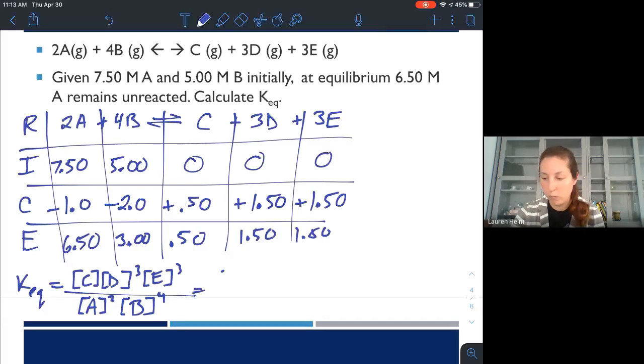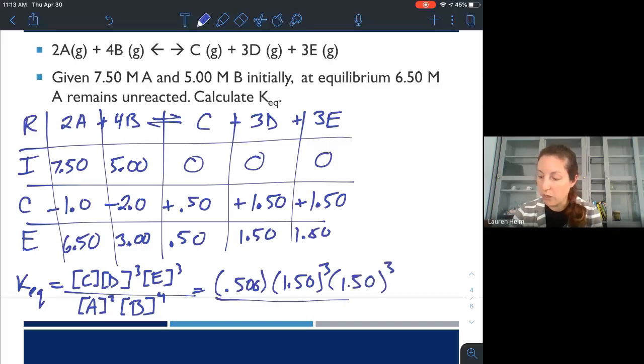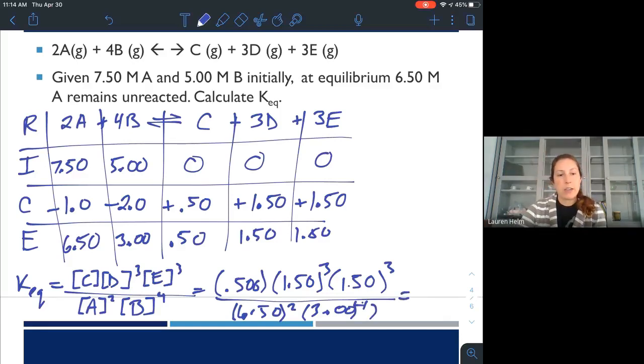Plugging in what we know for our equilibrium concentrations. And just remember, it's really important to preserve order of operations. I'm a huge advocate of using tons of parentheses on your calculator just to make sure it really gets the order of operations correct. And once we get this, we have 1.5 cubed times 1.5 cubed times 0.5 divided by 6.5 squared and 3 raised to the 4th. Our answer is going to be